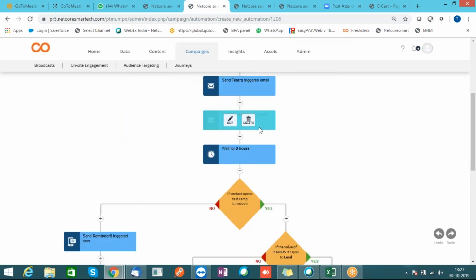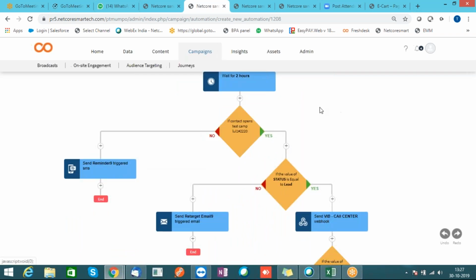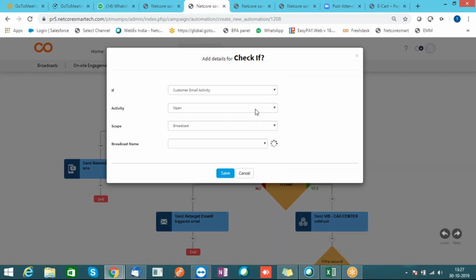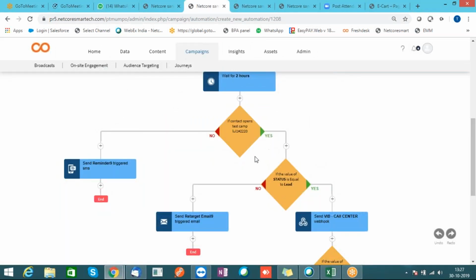So after sending out a communication, I wait for some time and then I check. I put in a filter wherein the system automatically checks after 2 days or 2 hours or whatever time you fix, whether the customer has opened it or clicked it, or maybe the email has bounced. As per the filter applied over here, you get two results: people who have met this condition, and people who have not met this condition. So let's say people who have not opened the mailers, I can send them a reminder